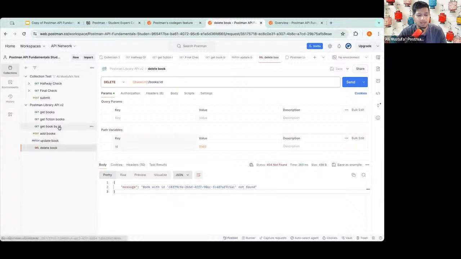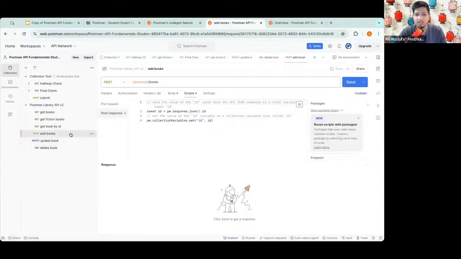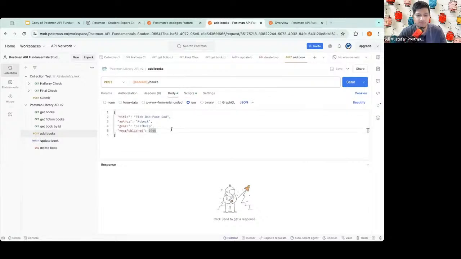So let's say I want to execute the add book request, where I'm sending a body and doing a lot more things. Now, if I want to write this in code where I can run the program, obviously I'll have to take care of a lot of things. But the very first thing which you can get easily is the boilerplate code.